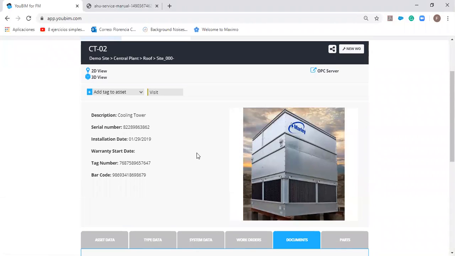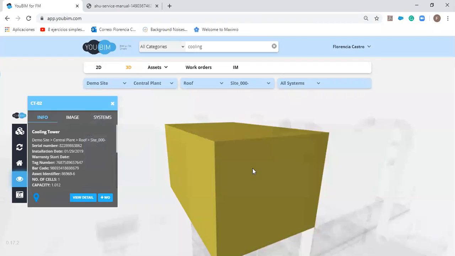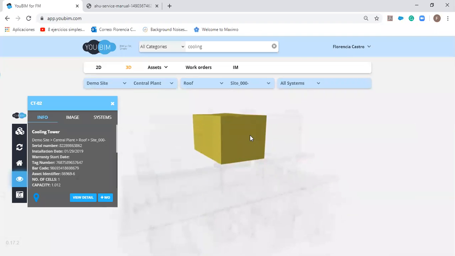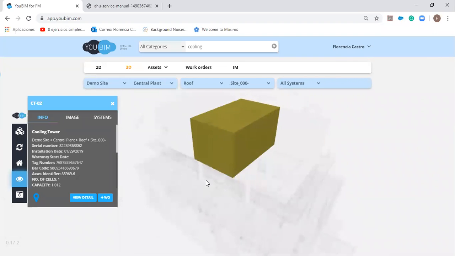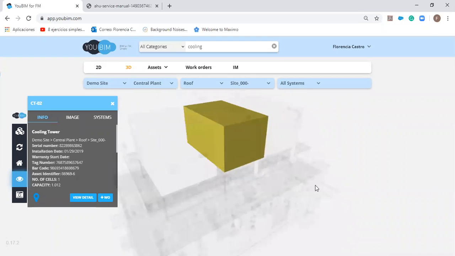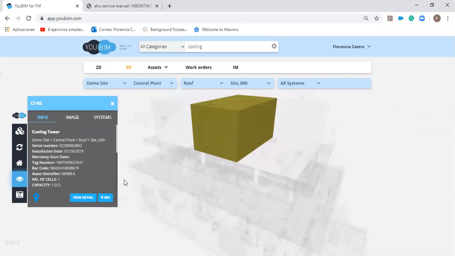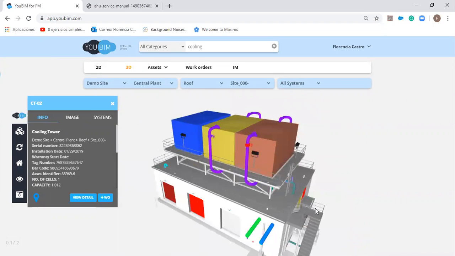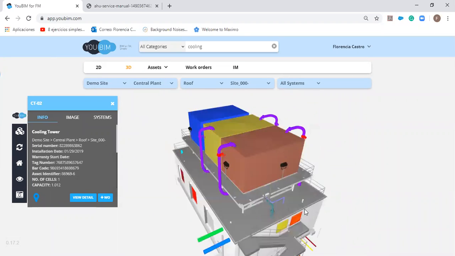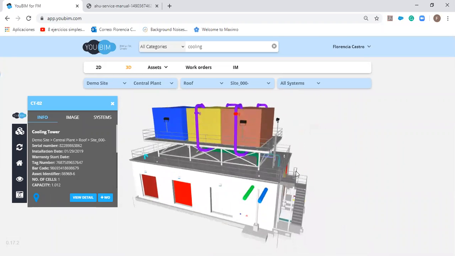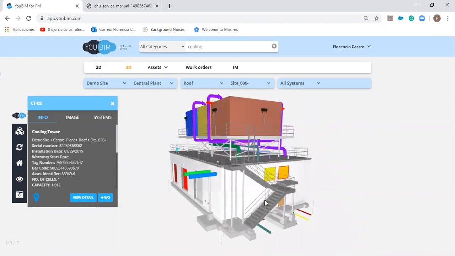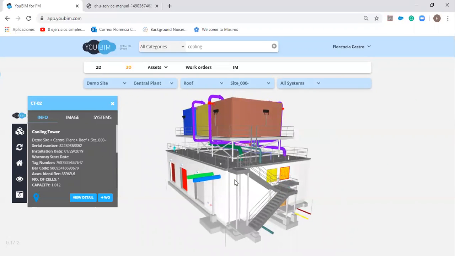But now the interesting thing would be to know where this cooling tower is located and how I can access it. That's when I click the 3D. In here, I get to see the cooling tower isolated with the same pop-up that we just saw. But for now, I need to see how I can access it. So I click over here and get a quick overview of the whole building. In this case, I can see that I can easily access it through the staircase that is here,